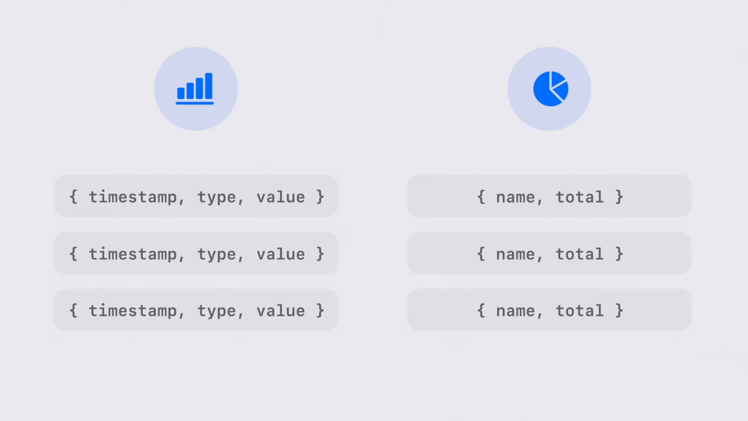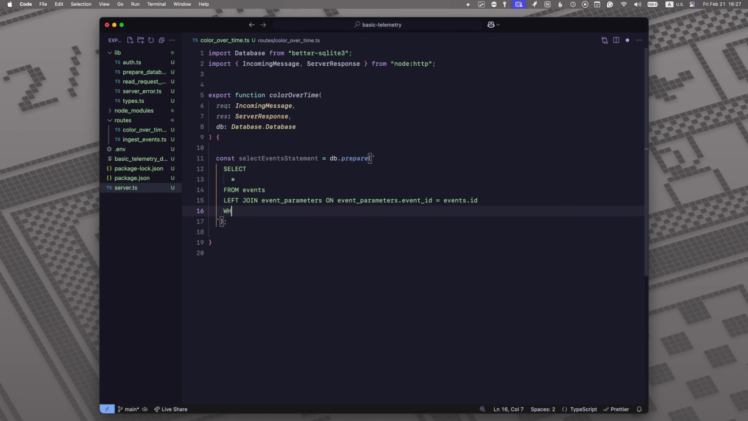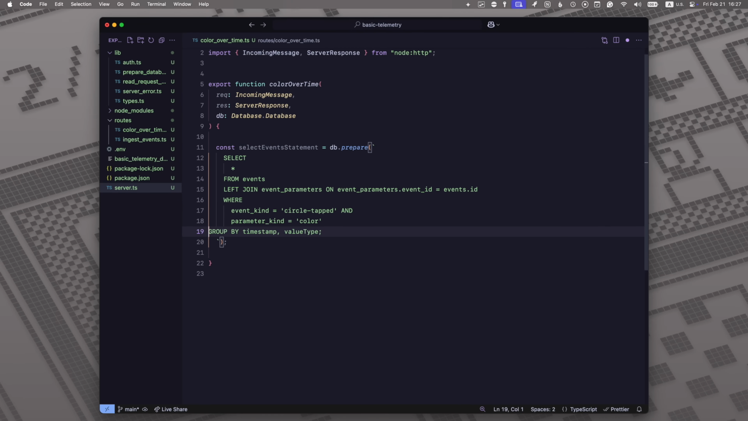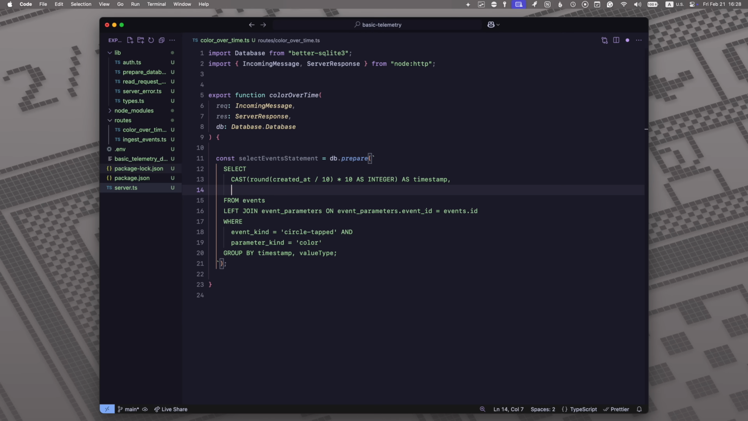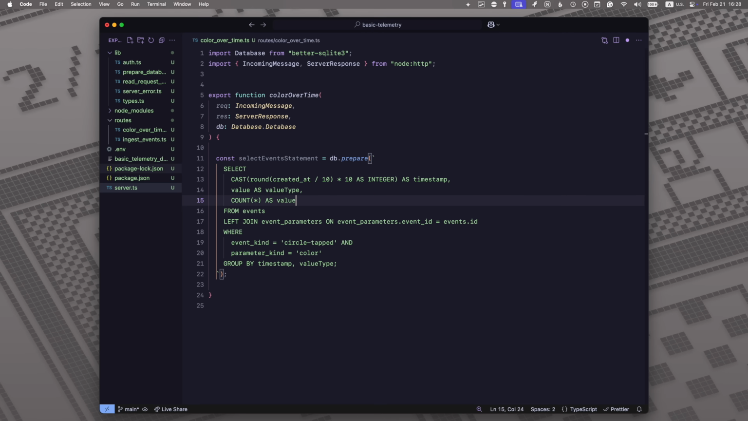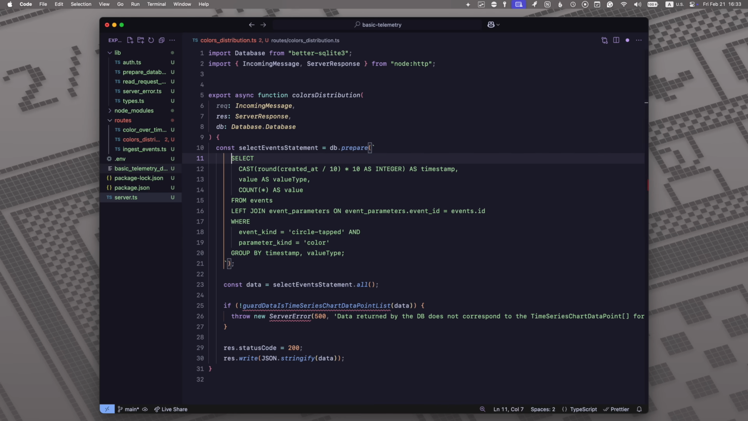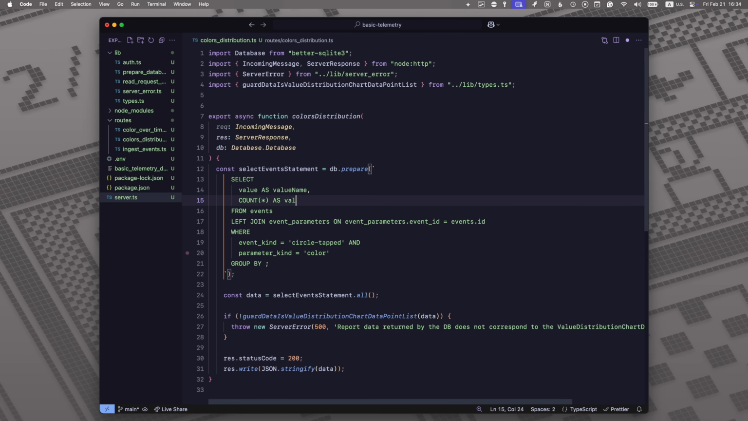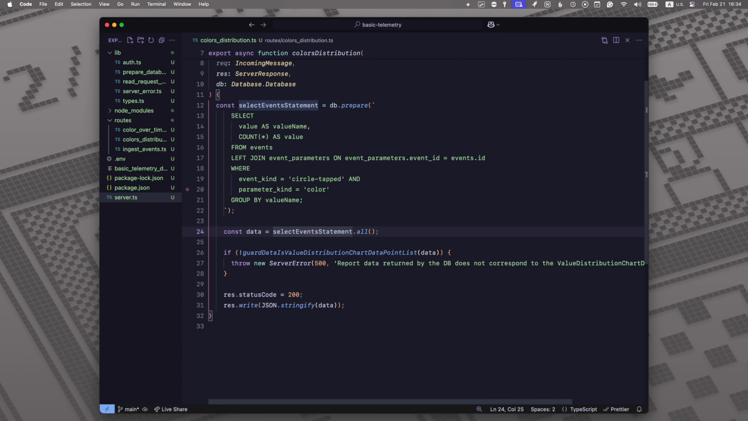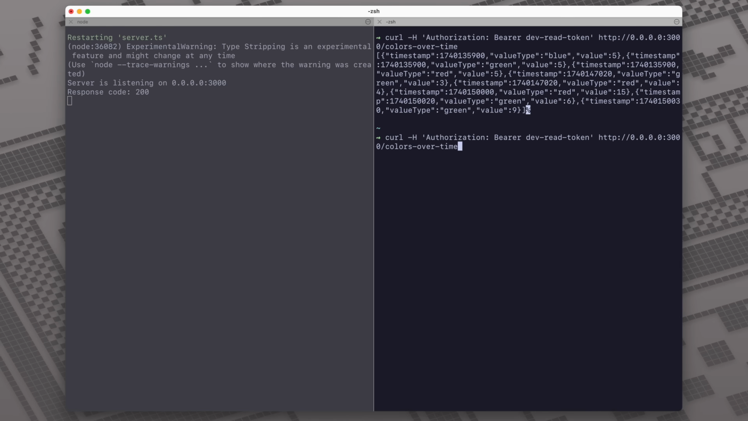For the time series endpoint, I'm selecting events, then joining them with event parameters using the event ID, filtering only the circle tapped events, grouping everything by the unique combination of timestamp and color, and then counting how many records ended up in each group. And for the pie chart endpoint, it's the same query, only this time I'm ignoring the timestamp and only grouping by the color parameter. Once again, testing the new endpoints from the terminal, and now I'm switching back to Xcode